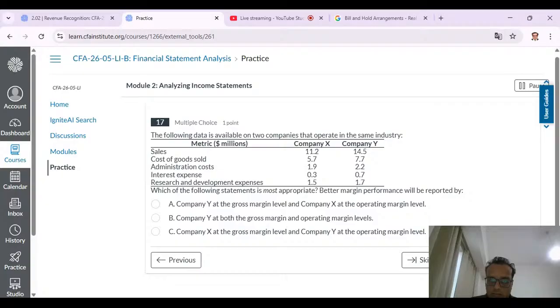Operating margin और दूसरा gross margin. $14.5 minus 7.7 is equals to 6.8. 6.8 divided by 14.5 is equals to 46% है. और operating margin है मेरा 14.5 less 7.7 less 2.2 less 1.7. 3.6 divided by 14.5, 53%, और second case के अंदर